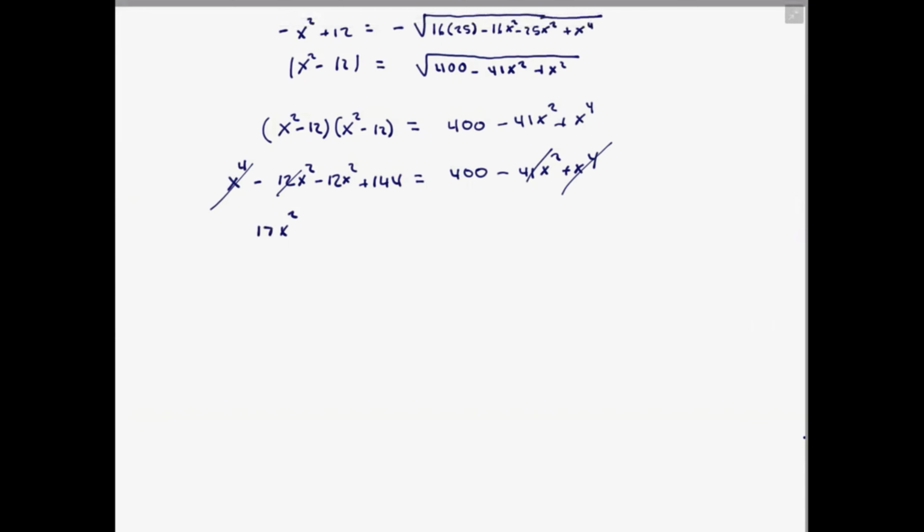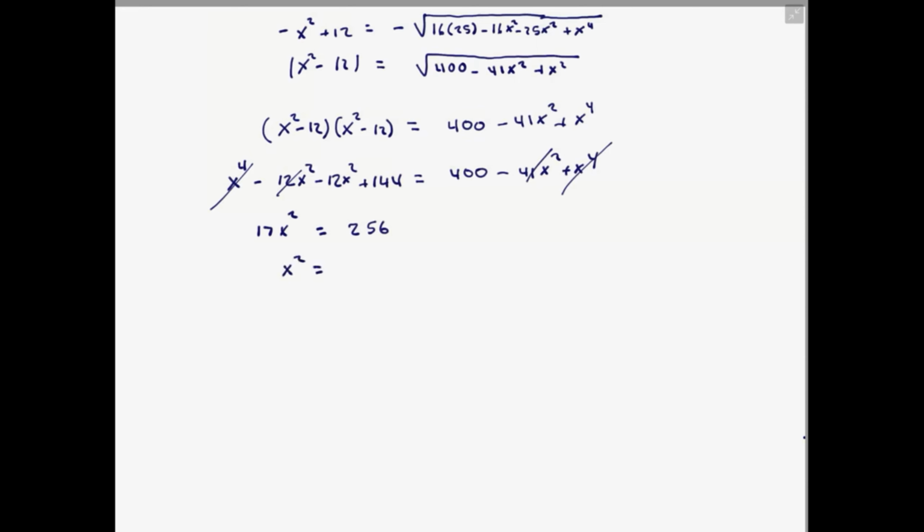So that's 17x squared. Yeah, that's 41 minus 24. Yeah, 17x squared equals 400 minus 144, that's 256,